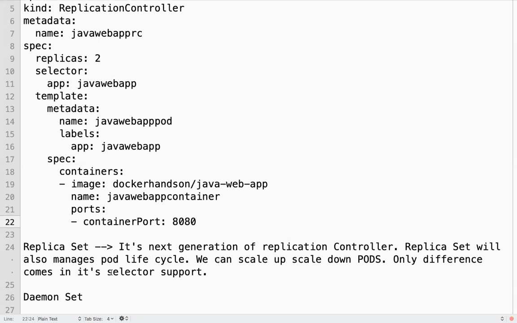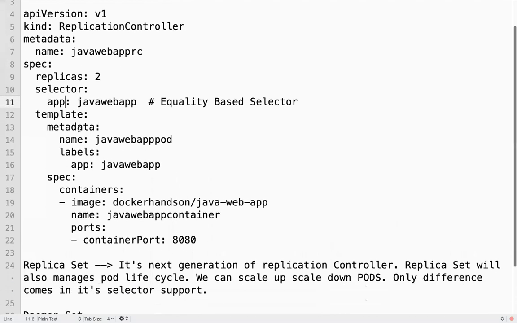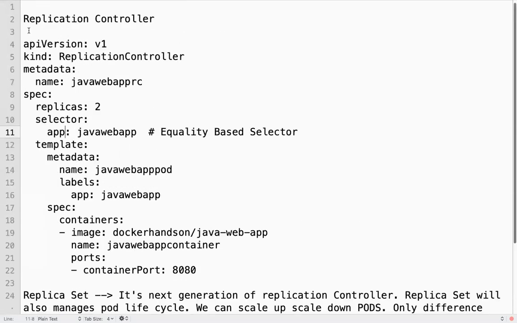The only difference comes in its selector support. What type of selector is it?